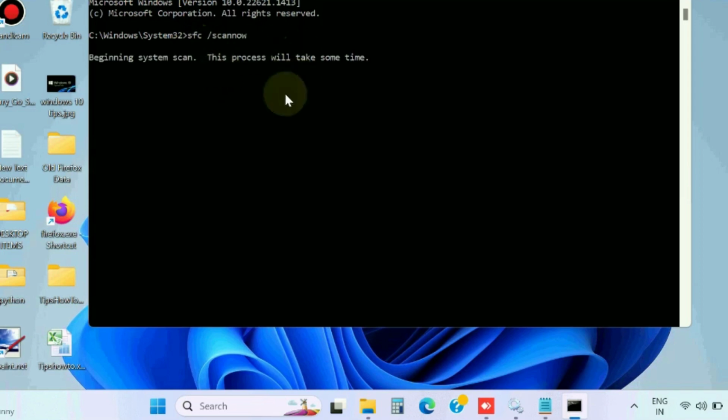Also, you should execute the SFC /scannow command to check for any corrupted system files that prevent the Windows update in Windows 11 and Windows 10. SFC